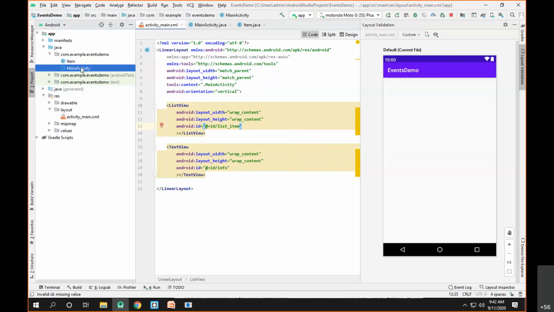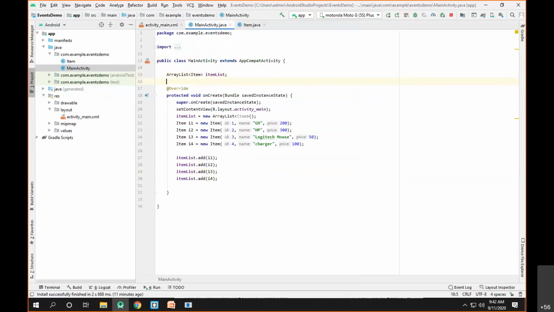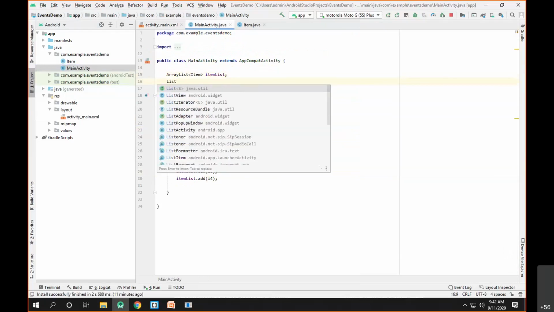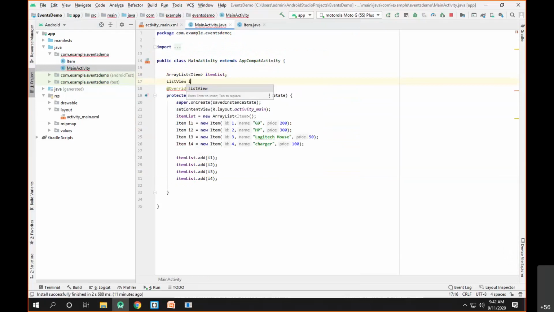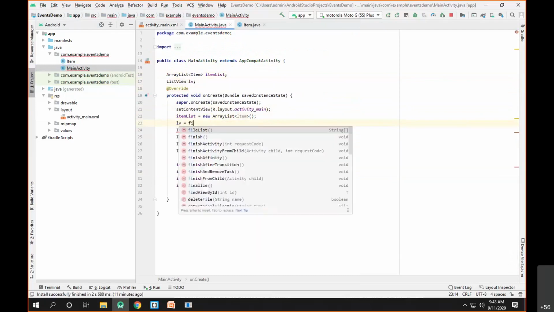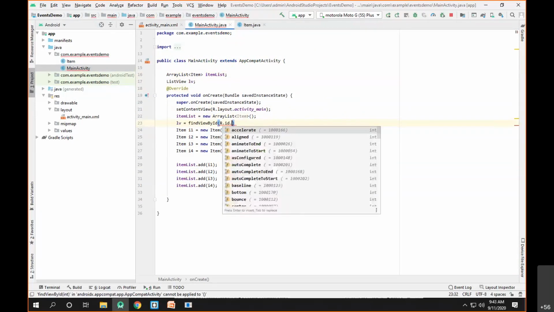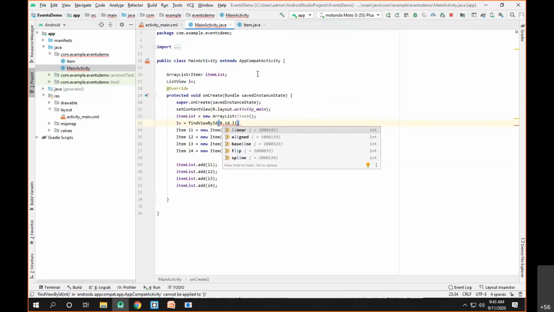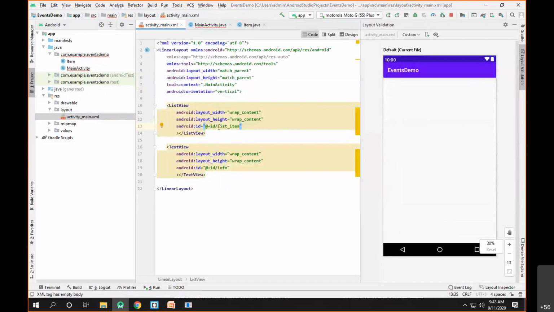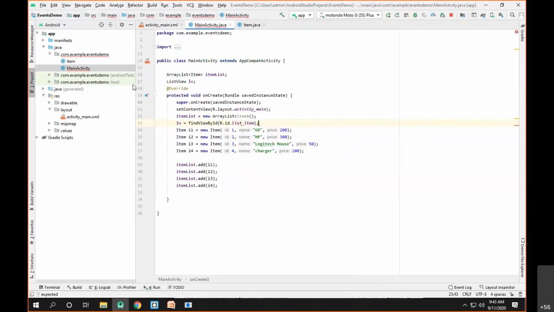So let's go to the main activity and I can say list view LV, and we'll map this LV from the XML. So let's say find view by ID, R dot id dot. What was the name of that element? It was list item. So let me copy it and paste it here, R dot id dot list item, and we say